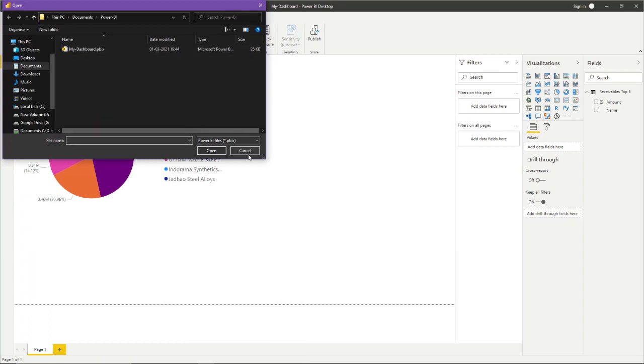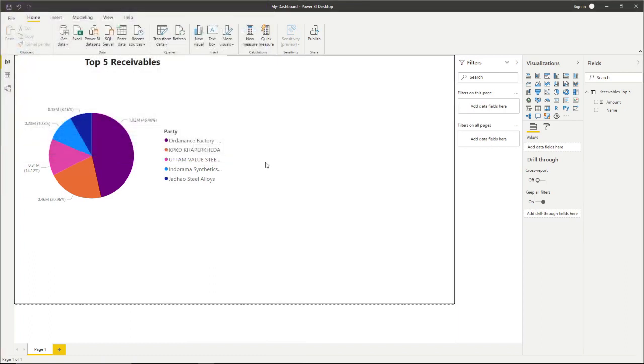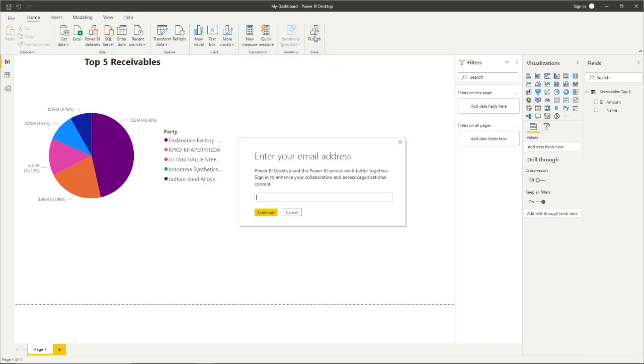But friends, let's see an even smarter way of sharing this over the cloud, so that you can access this report even from your mobile app or web browser. So I will click Publish. Now you require a business plan of Microsoft.